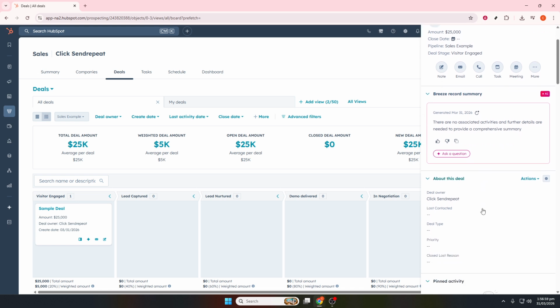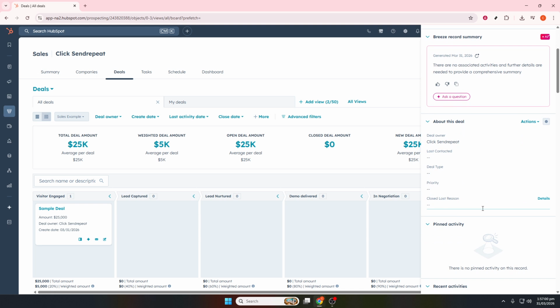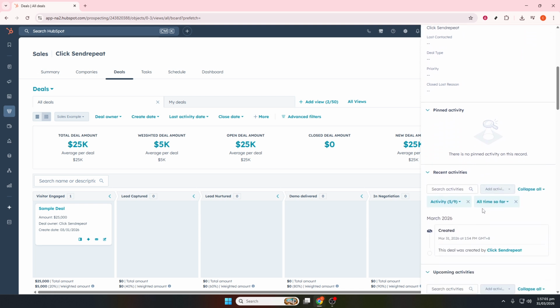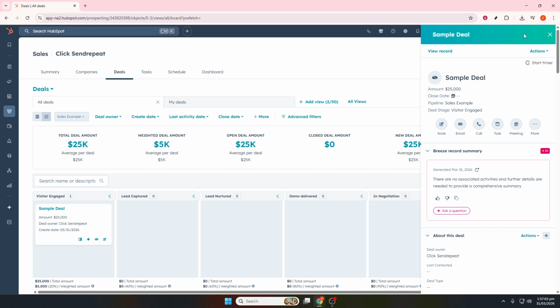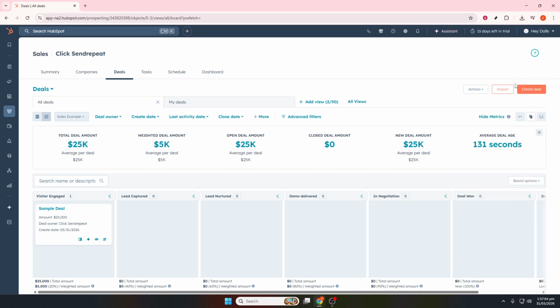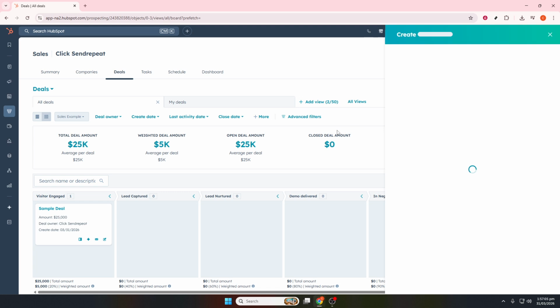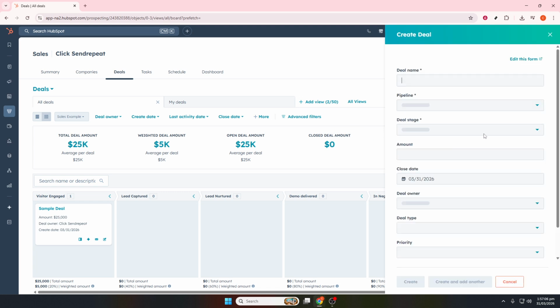Next, create your first deal. Each deal represents one sales opportunity. Click Create Deal and fill in the essentials. A clear deal name that combines the client and the service, the expected amount, a realistic close date, and the current pipeline stage. Use consistent naming and keep the amount and close date accurate so your forecasts and reports stay